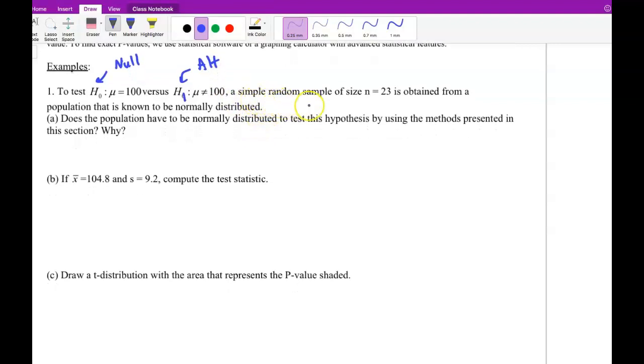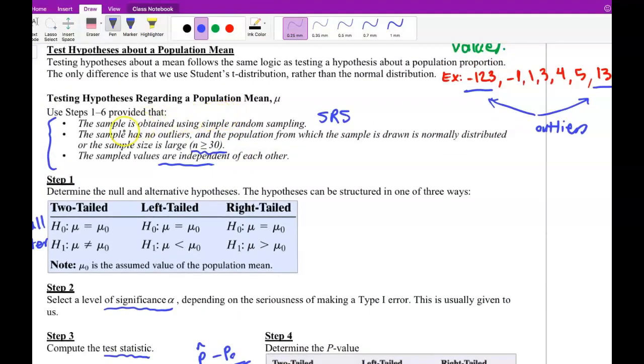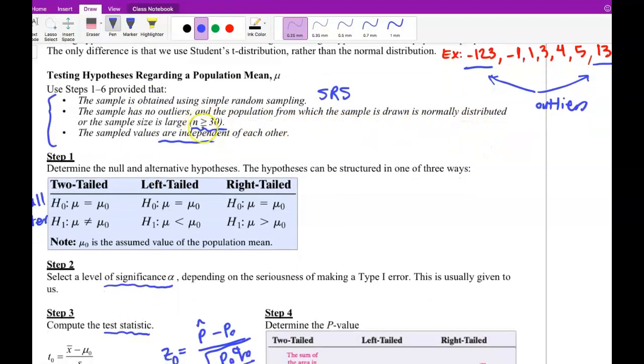And we have a simple random sample, size equal to 23. We should have n greater than 30, but here it is 23. The sample is obtained from a population that is known to be normally distributed. Okay, so back to this part. We have a simple random sample, and we should have normally distributed, but we should have this one. We don't have this part. We have n equal to